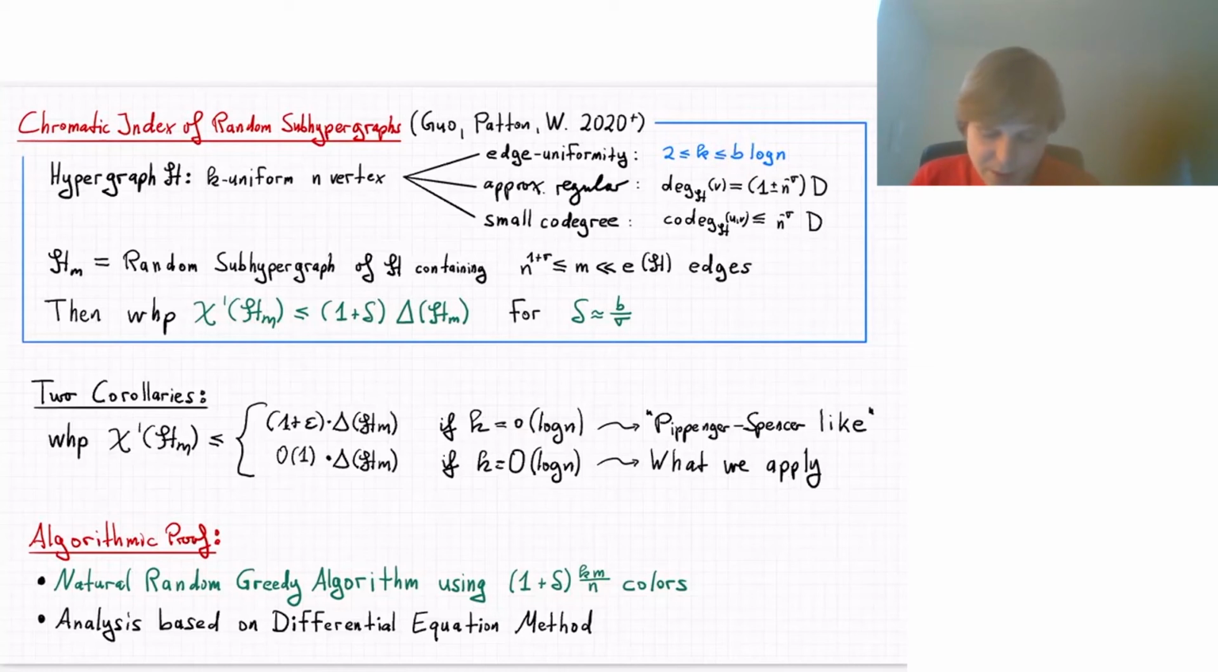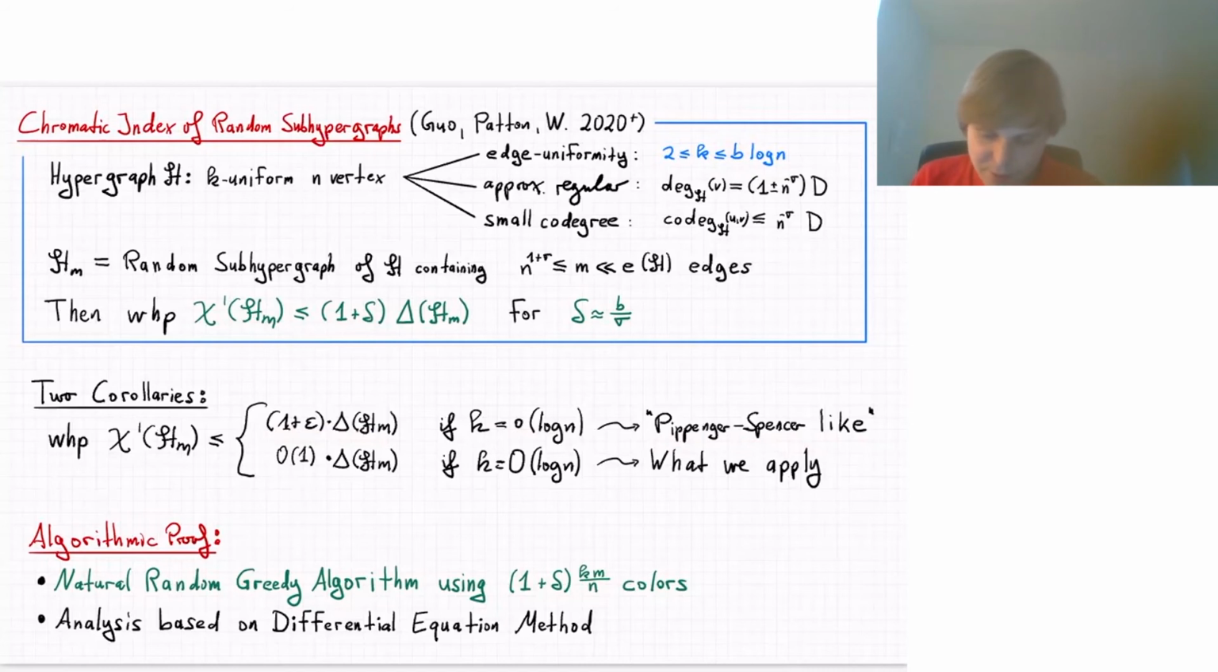So in particular, this means that this 1 plus delta, I can just think of it as 1 plus epsilon. Because I can choose any b up here that I want, and then I get really a Pippenger-Spencer type result: 1 plus epsilon times the maximum degree. On the other hand, if we want to work, like in our case, with edge uniformities all the way up to log n,